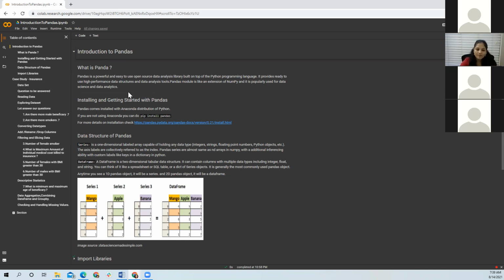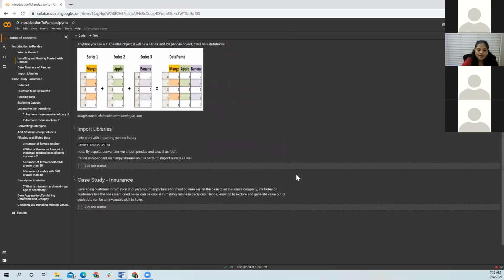If you don't have Pandas installed, you can install it by using pip install pandas on the command prompt. And if you're using Anaconda, it already has Pandas installed. If you're still struggling with it, you can check this link. It will guide you on how to move ahead with the Pandas installation.